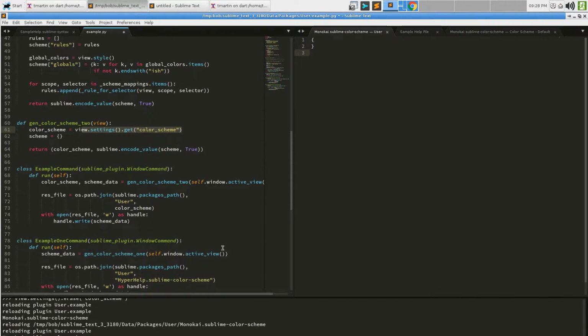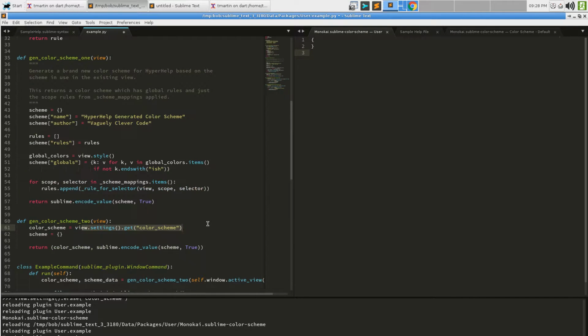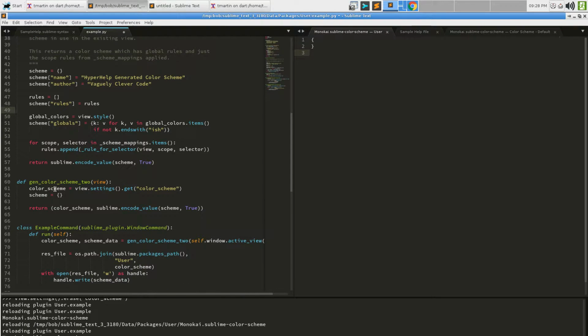It's just calling it with the active view. This active view right now is a Python file. I could be the kind of guy that has a different color scheme set up for Python so I can have different colors in Python than in my C# code or my TypeScript code. And if that's the case, the color scheme I generate would be based on this one and not based on the actual global default. So realistically, we wouldn't say the color scheme is view settings get color scheme.